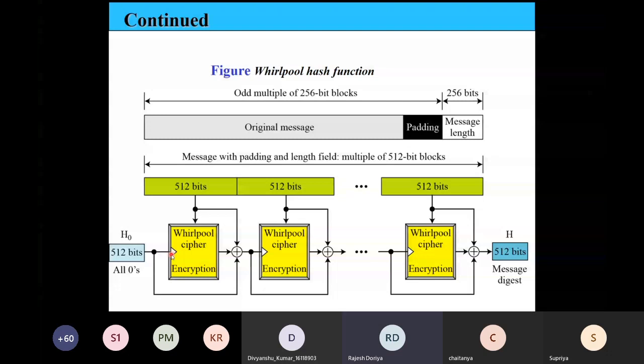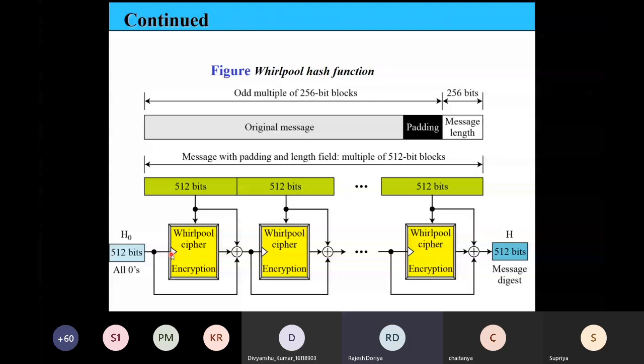So basically, let me tell you something about Whirlpool. Whirlpool was designed by Vincent Rijmen and Paulo Barreto, and in this particular scheme, as I told you, it makes use of a symmetric key block cipher in place of the compression function.